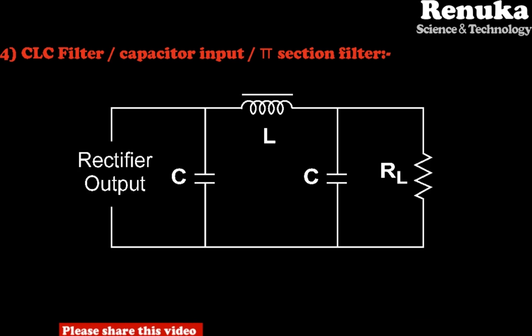The first capacitor offers low reactance to the AC components and high reactance to the DC components. Therefore, it bypasses the AC towards ground and allows only DC to flow through the inductor. The inductor again offers high reactance to AC and almost zero resistance for DC. Thus, it blocks AC and allows DC to pass through. In this way, the second capacitor behaves similarly to the first: it bypasses the AC component and blocks DC. Thus, the load has almost pure DC at the output. So, in this way, the CLC filter works.